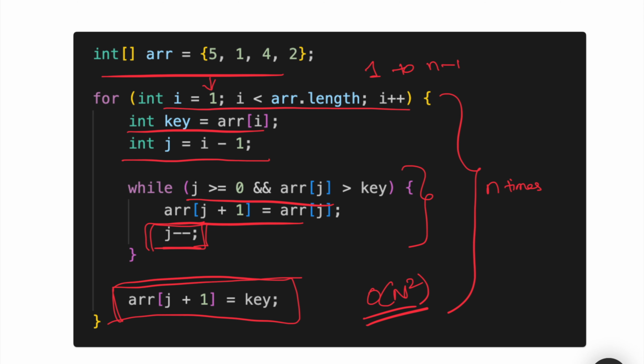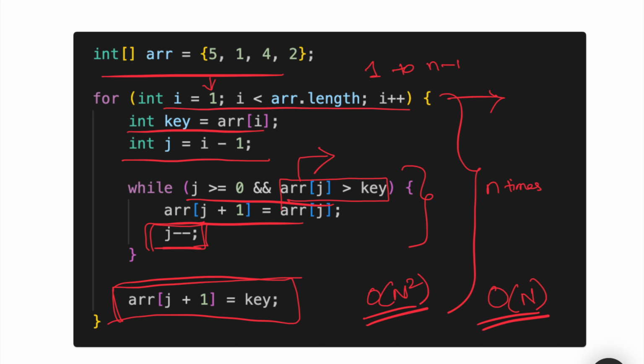But if the students are nearly sorted, or we can say for the best case, which is an almost sorted array, insertion sort does very little work because only the outer for loop will run, whereas the inner for loop will keep on failing because array of j greater than key will always fail. So the time complexity for the best case for insertion sort is big O of n. That is why we say that insertion sort makes sense when the array is almost sorted or the input size is small or you want a simple and efficient method. That's why it's often used inside real sorting algorithms.